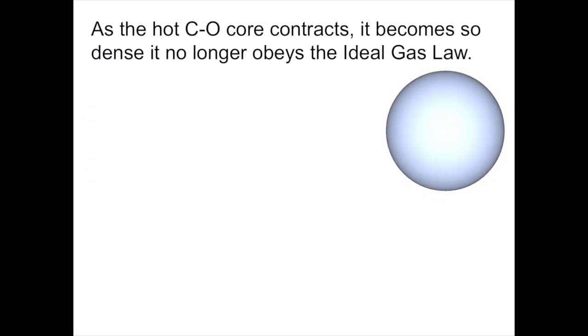Well, as the hot carbon-oxygen core contracts, it starts to become increasingly dense. The matter becomes closer and closer packed together into a smaller and smaller volume. Eventually, it reaches the point that it no longer obeys the ideal gas law. If it always obeyed the ideal gas law, the collapse would continue forever. But when it gets above a certain level of density, the rules change, and a new gas law comes into